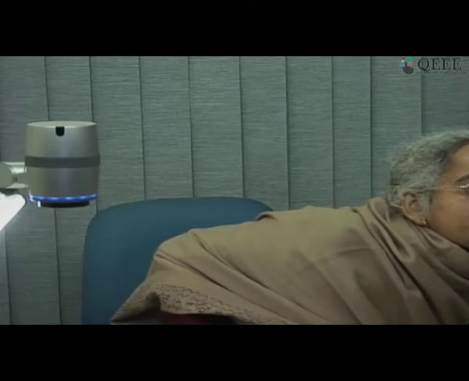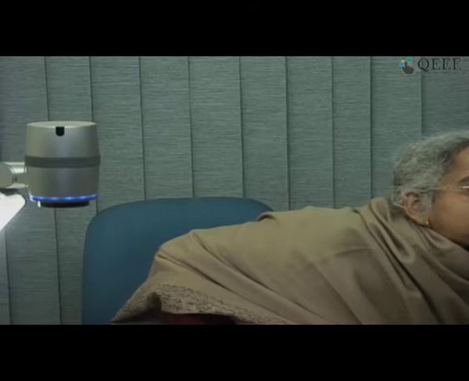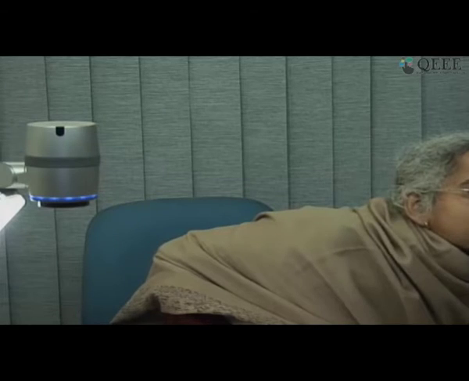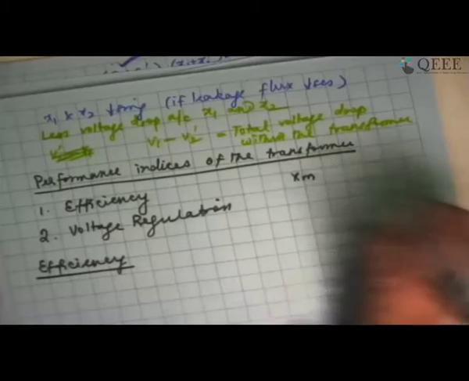How do we decide the minimal window size required to avoid the leakage reactance in the window? See, one thing is you cannot avoid leakage reactance completely. That is for sure. There will always be some amount of leakage. You can't help it. So the thing is that we want to minimize the leakage reactance. That's all. So you have to essentially calculate what is the XM value.